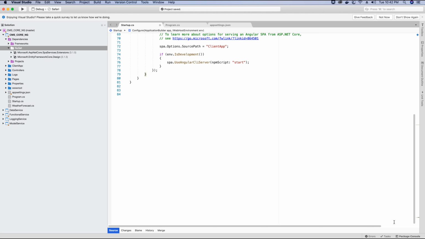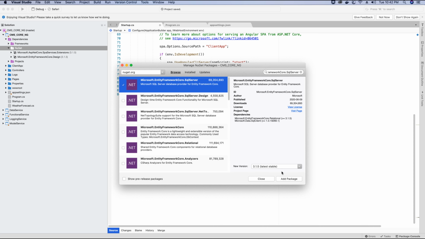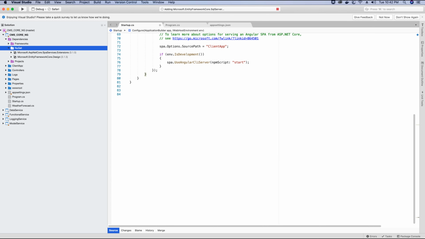The next package that we want to add is EntityFrameworkCore.SqlServer. So let's go ahead and add it. Let's right click, manage NuGet packages, and search for Microsoft.EntityFrameworkCore.SqlServer. Let's select the stable version and add the package. Now the next package that we will also need to add, accept this, would be